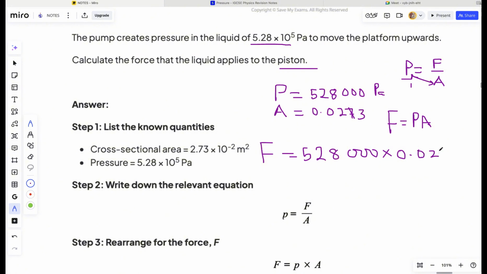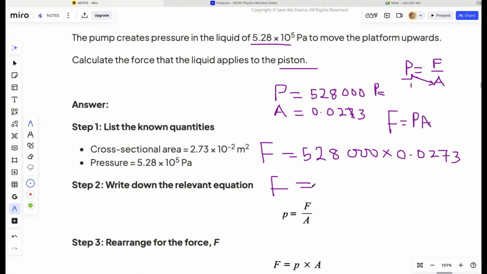So let's see what we get if we multiply this. The force will be in Newton. So our force is equal to what? 528,000 times 0.0273, we get